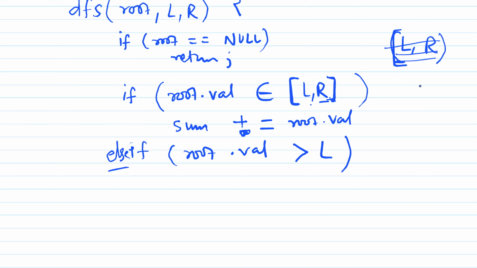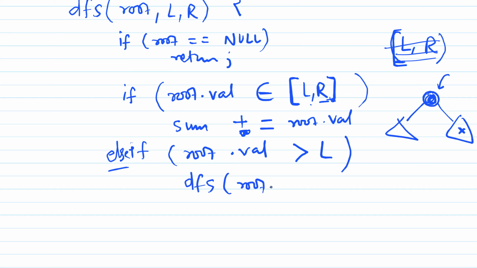So in that case we are here at some node and its value is more than the required range. So all the nodes in right subtree will also have values more than this. So we will only look in left part of this. So we will call DFS root dot left